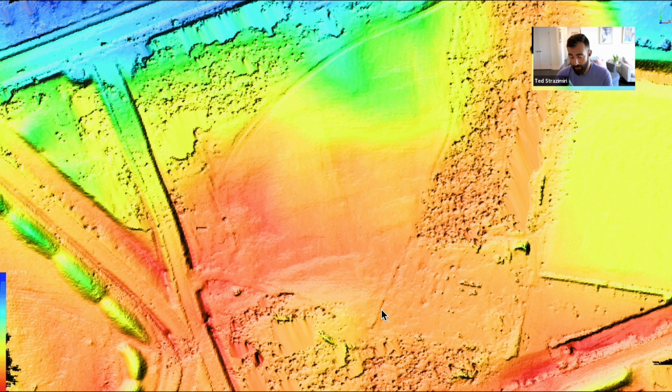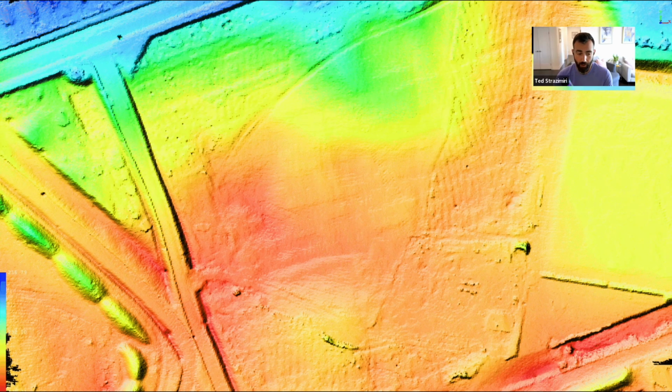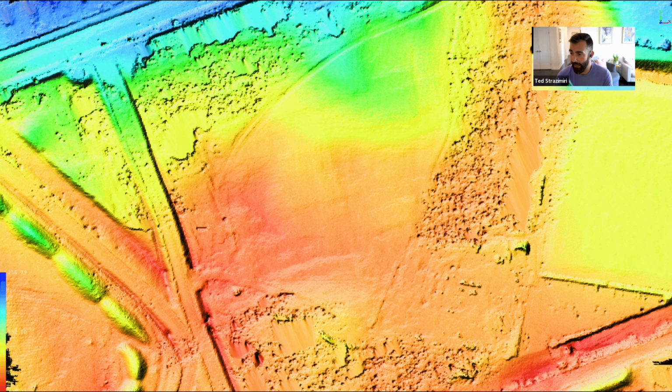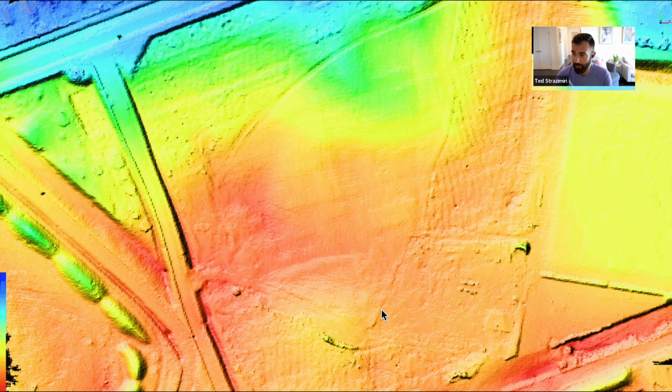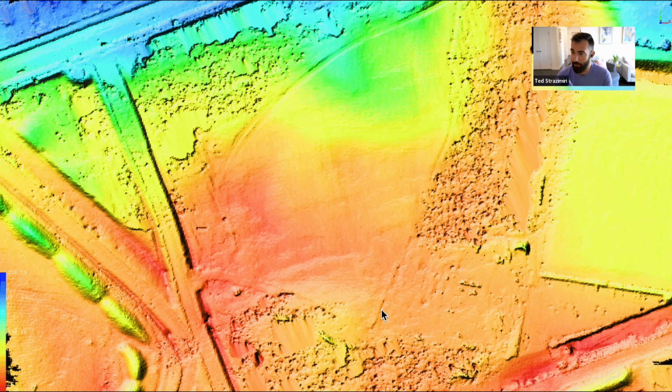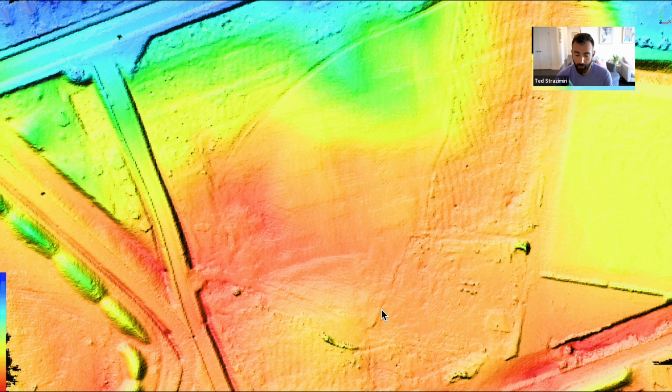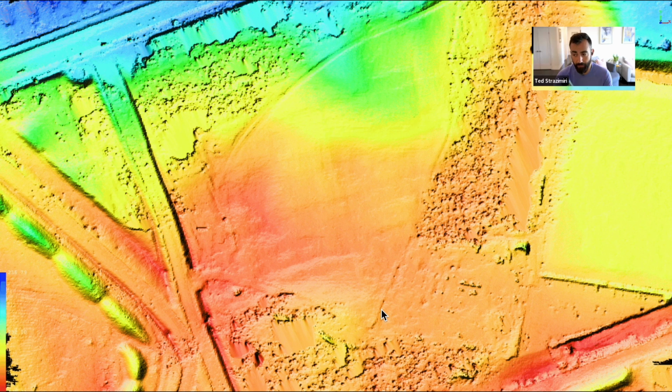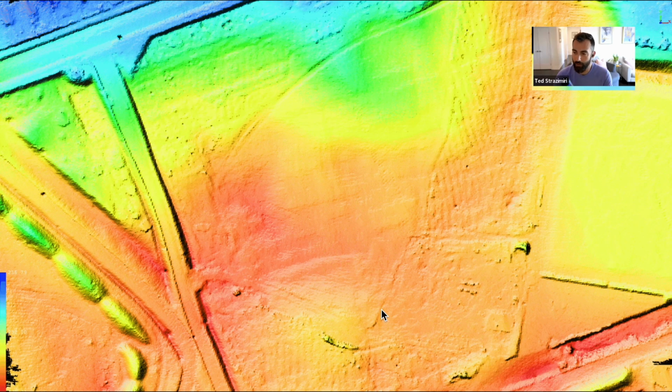So on the photogrammetry side, controls, of course, are going to play a pretty big role there. Of course, you can PPK your data and just do a few checkpoints. But if you want the best results, you should have a minimum of 30 controls across the site. With LiDAR, those controls are still valid. You should have them to check against, but they're not really gonna be used to influence the reconstruction, because the